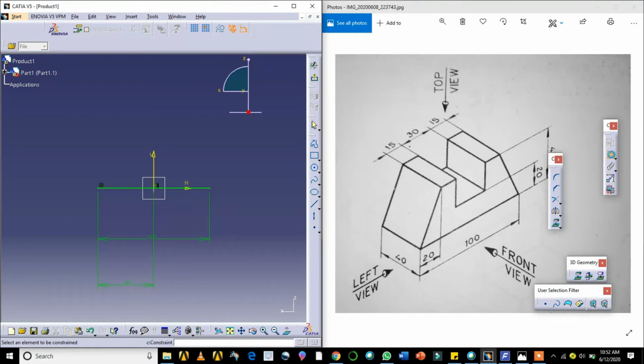Now again you draw a line. I'll go for the profile continuous view.